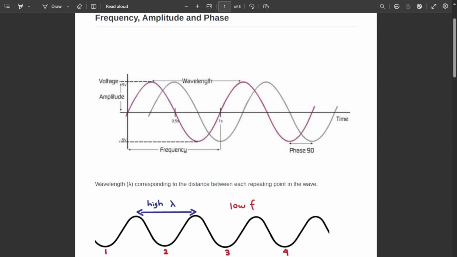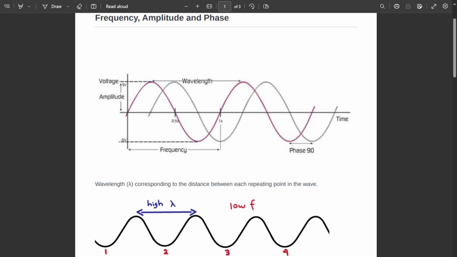So do not be confused: starting from the 0 at the 5 voltage, plus 5, to repeating another 5 voltage of the waveform. This is the repeating, right? This is the first 5 voltage A and this is the other 5 voltage B. So this A and B duration is called the wavelength. Okay,